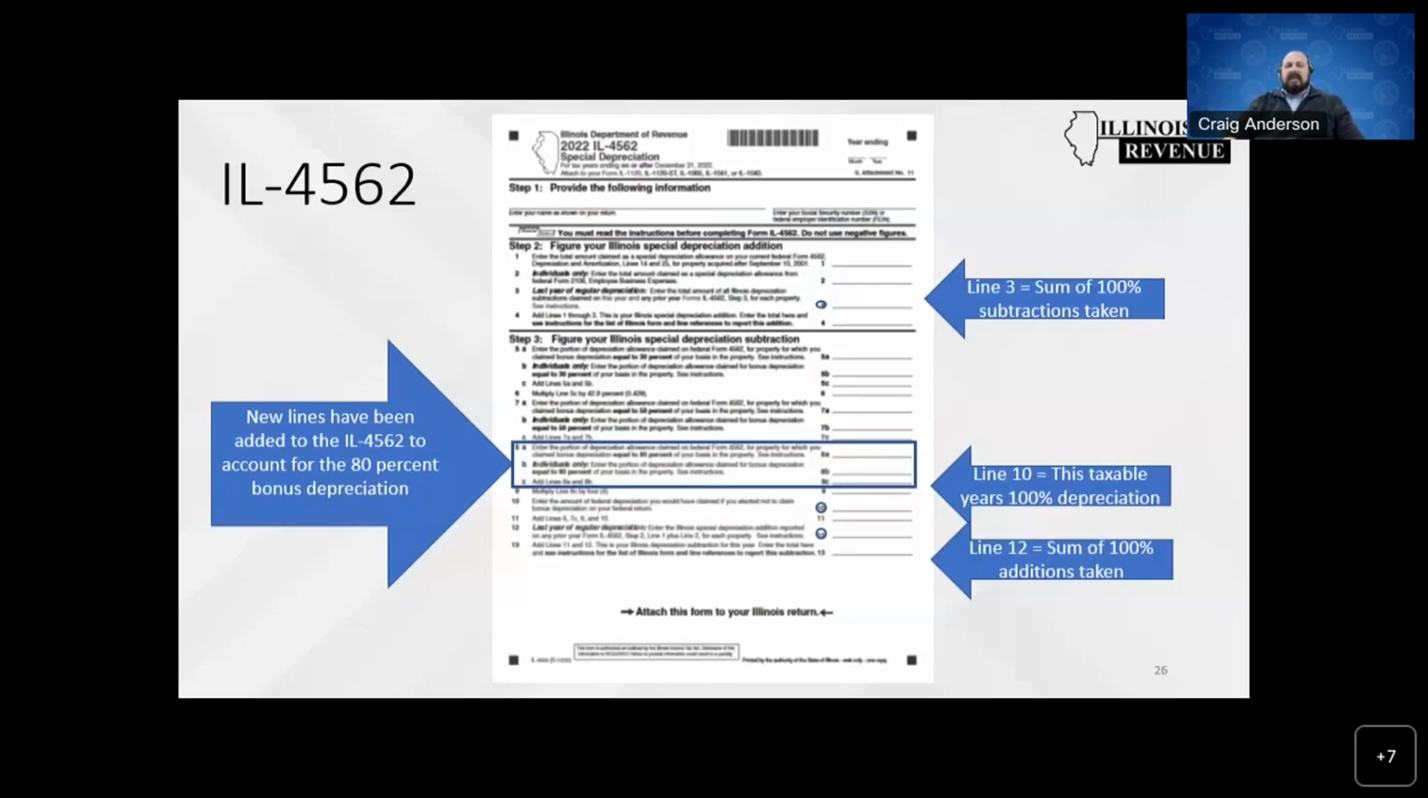Line 10 is for the assets placed into service after September 27, 2017, and before January 1st, 2023. Anything that was elected 100% bonus depreciation, that's where you would subtract that out. 40% depreciation is in general. As a reminder,